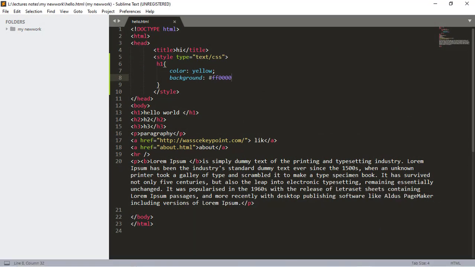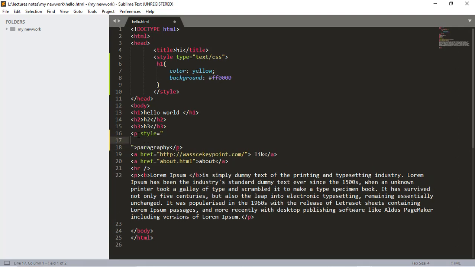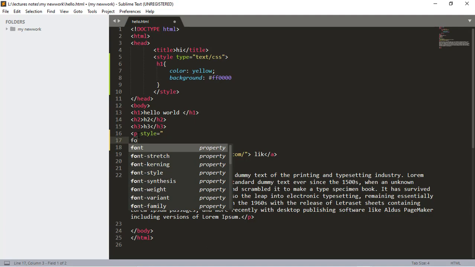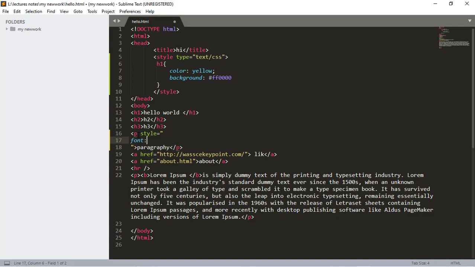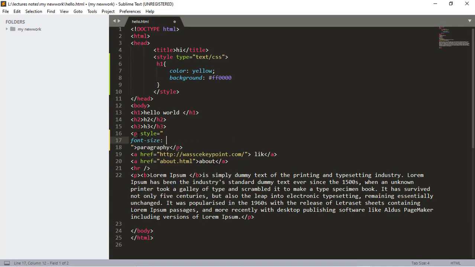Let's look at inline again. Now what we're going to do is apply some inline styling within the paragraph, with style. Okay, style. Let's say font, font size to be,